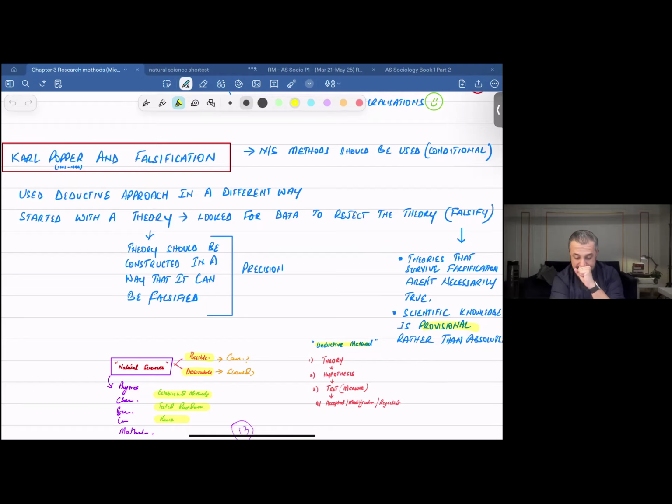Now, for instance, if I say Apple products are better than Samsung products, and if I want to test this, just because at the back of my mind I feel that Apple products are better than Samsung products, I would try to look for data. I would try to look for evidence that supports my claim that Apple products are better than Samsung products. According to Popper,